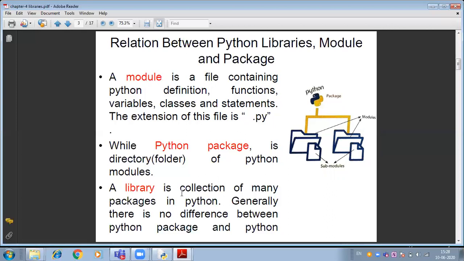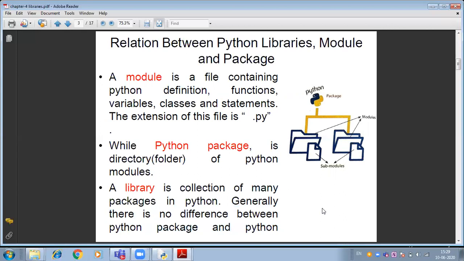There is one more interesting definition here at the end. Look at this definition. A library is a collection of many packages in Python. So in Python, a library contains what? Various packages. Generally, there is no difference between a Python package and a library. So you can refer to a Python library as a Python package also.